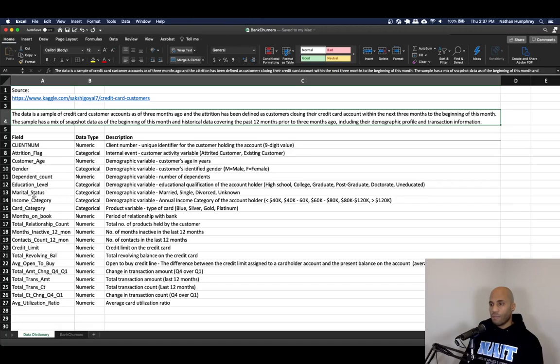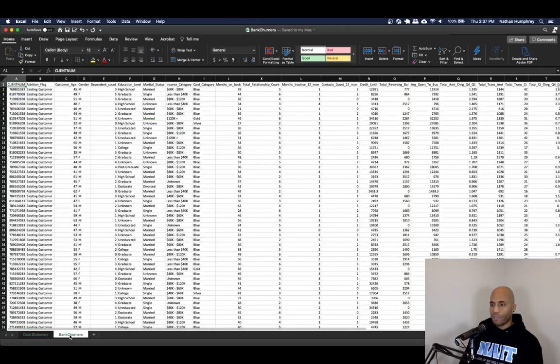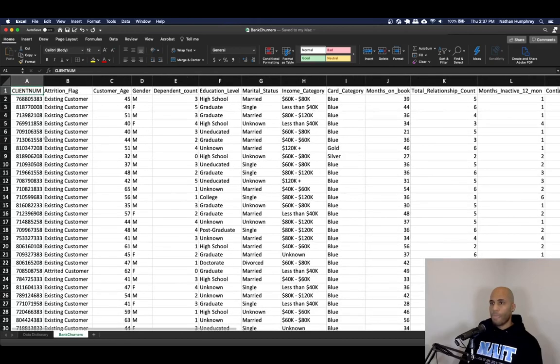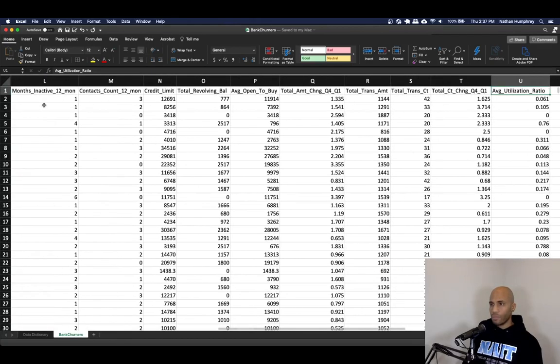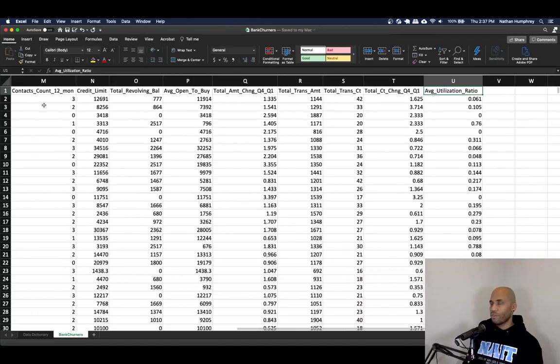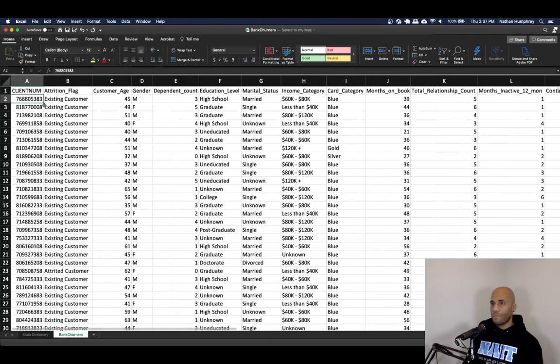So let's, without, again, reading all this at you, you can pause and take a moment to read that or, again, have a look at it from the source. But I'm going to go to the actual data here, which is on this bank churners worksheet. And so now we can see we've got all the data laid out. We've got, in the first row, a header record. I'll zoom in here so we can see it a little bit better. So we've got a header record. And if we explore that, we can see all the way to A through U. We've got 21 fields. And,